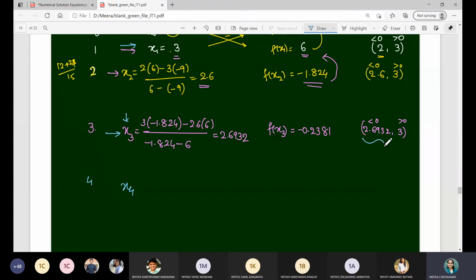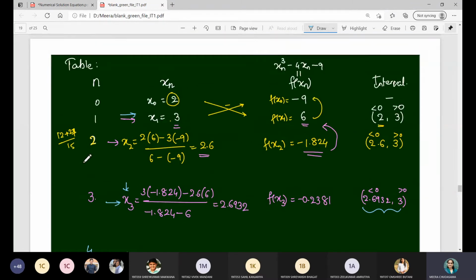if you see, your interval now corresponds to the third row, 1 2 3, means this row and this particular row, and therefore when you want to consider the cross multiplication, you have to consider this minus this into this upon this minus this. So this point is now nowhere in the picture while computing the new iteration x4, because your interval now corresponds to the third iteration and the first iteration. Is this point clear to everyone? If yes, please raise your hand.